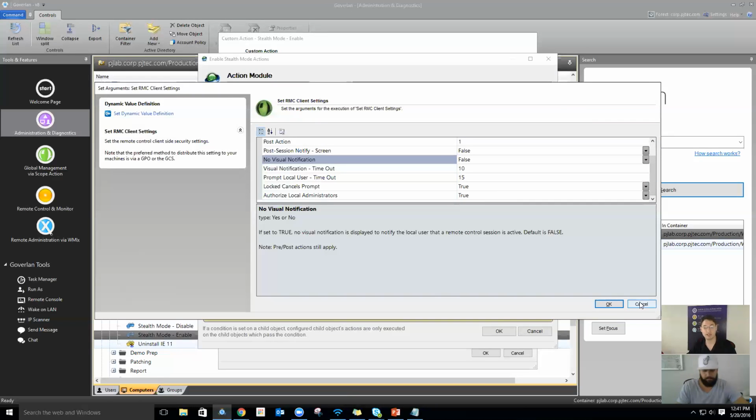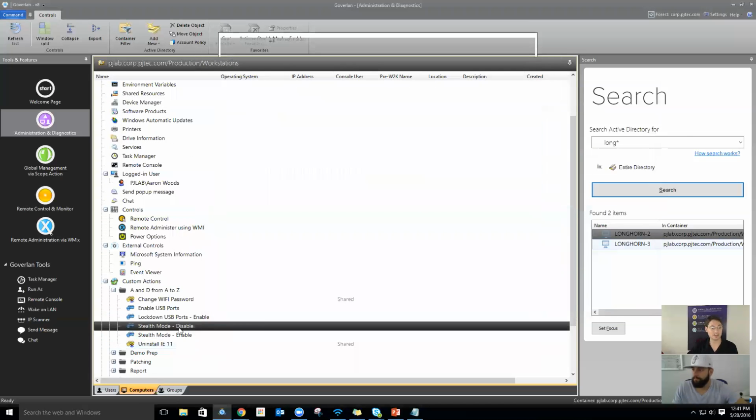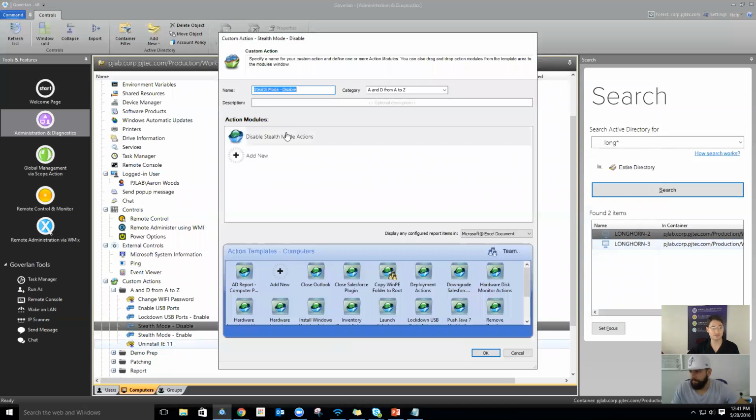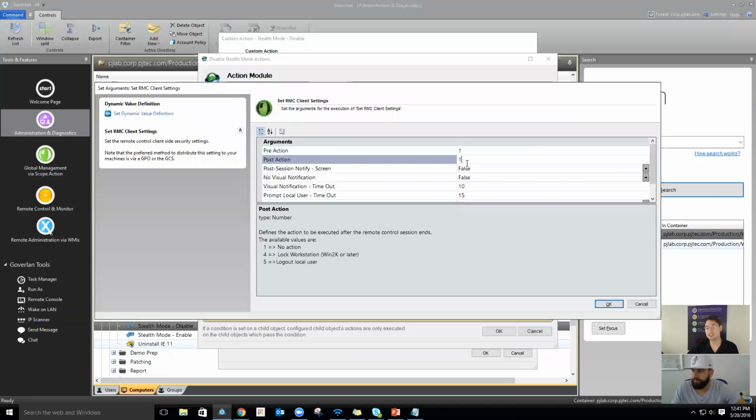like that. So what will happen is if I'm not using the Goverlan Central Server to set these settings all the time, I can instead decide, hey, I want to turn on stealth mode for one remote control session, and all I do is execute this custom action. Now, I can also decide to turn off stealth mode for one remote control session, and that's obviously just changing these settings. So here, you know, it would be, instead of no action, it might be